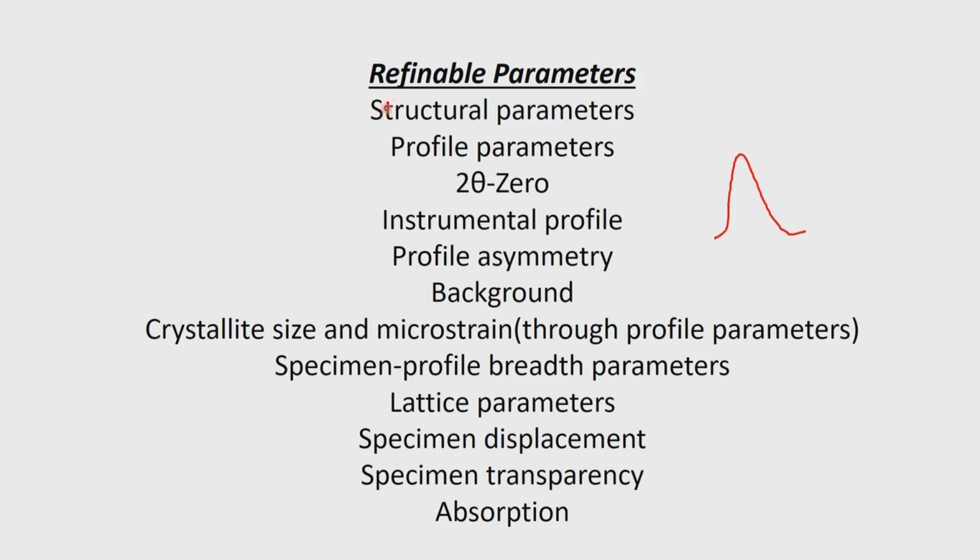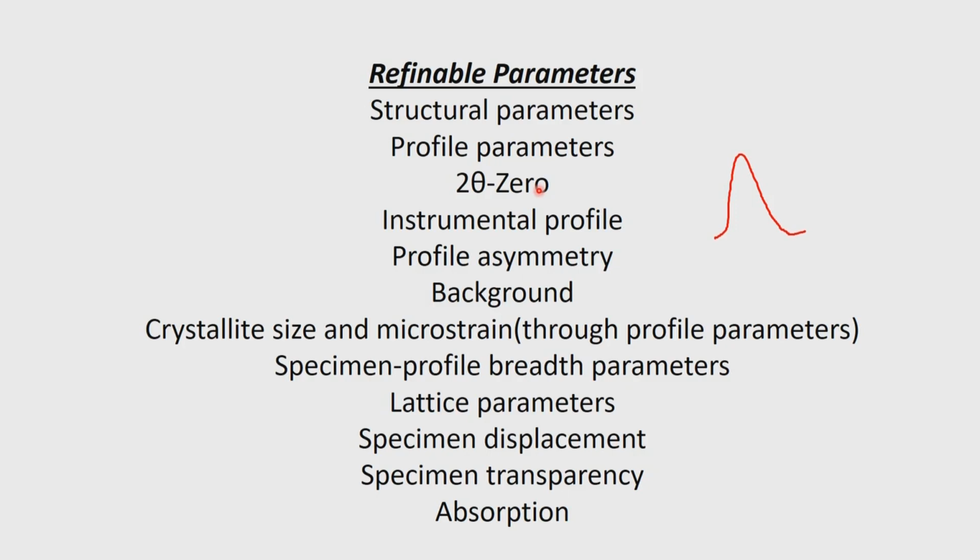If we know the structure, if we know the positions of the atoms, then these are also refinable parameters in the way we discussed in the case of a single crystal analysis, the so called refinement procedure. The profile parameters can be separated out from the structure parameters, and those are the 2 theta 0, which is specific to the instrument. Sometimes the instrument alignment is such that there is a little deviation from what we call 2 theta 0. Normally it can be estimated, or the instrument people will give us that particular value. It can also be ideally determined by collecting a standard data.